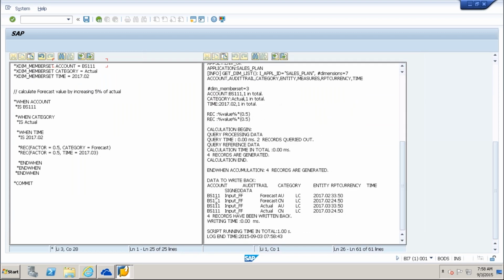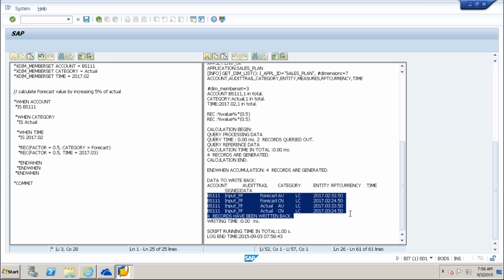See here, my data was written here. So this is how it shows up when you execute. 4 records generated and all will show up.